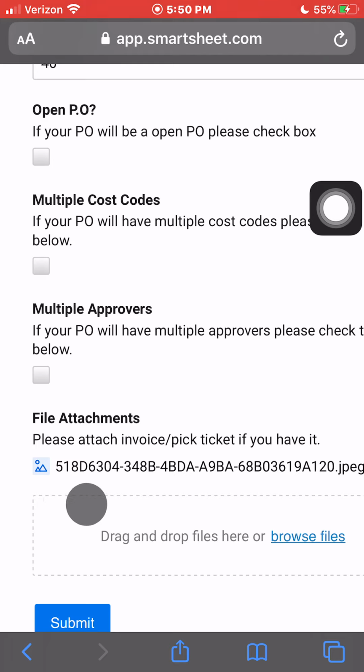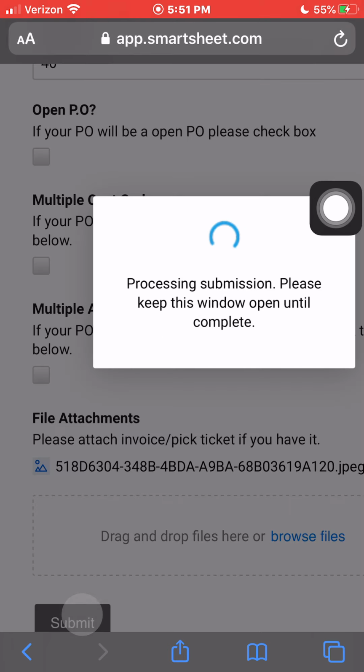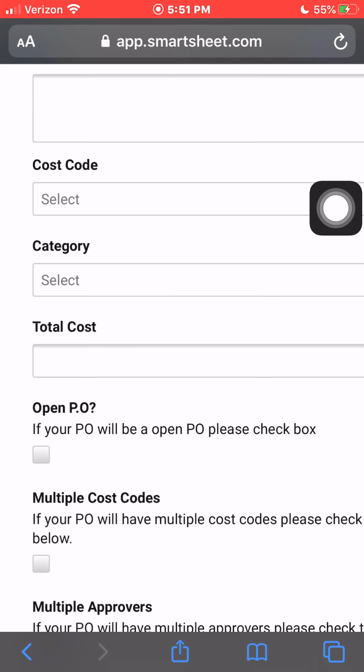Now that we've completed the entire PO request form, we're going to hit Submit. And you're going to see this processing submission. When this box goes away, your PO has been requested successfully, and you should receive it within 3 to 5 minutes. Please look for the next video